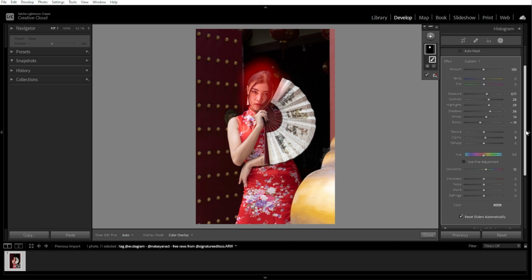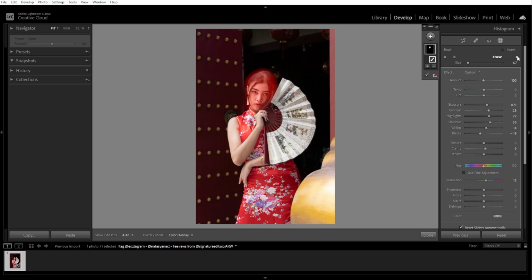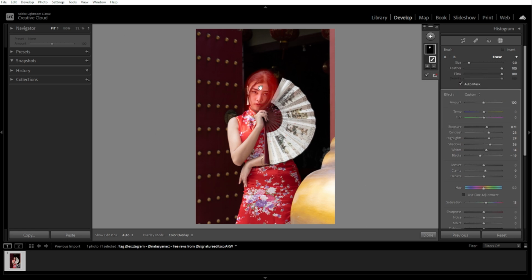And if you painted outside of the intended area, click Erase in the adjustment brush settings and paint over the mistakes. And to fine-tune the mask, use the Auto Mask checkbox to help Lightroom detect edges and refine your mask